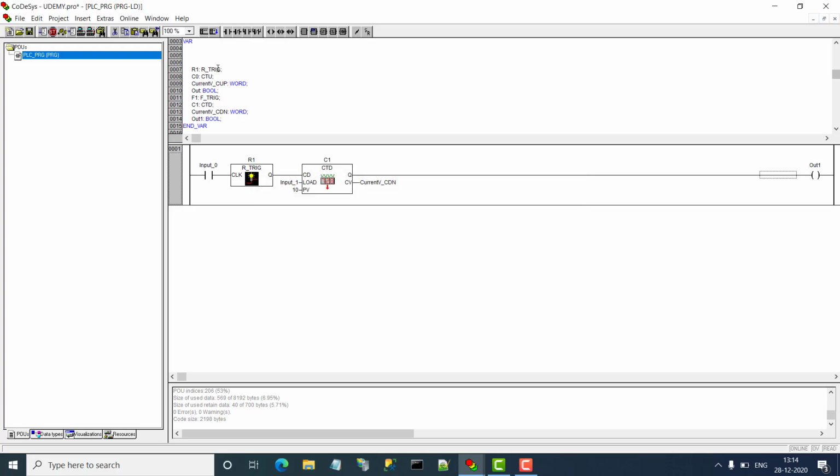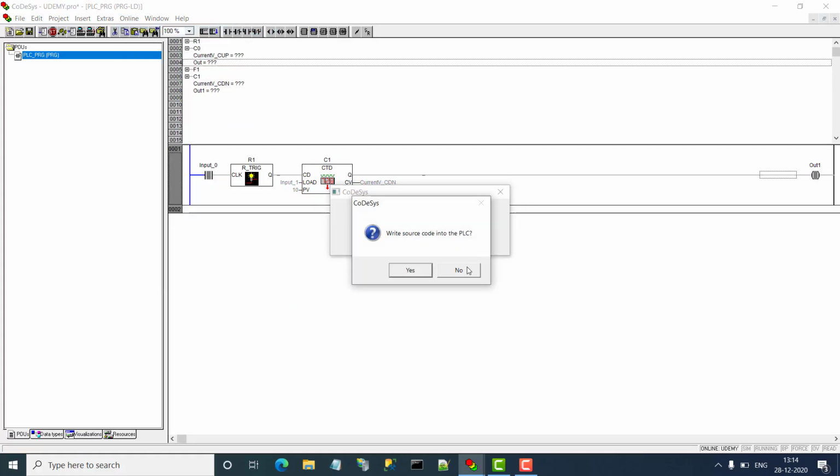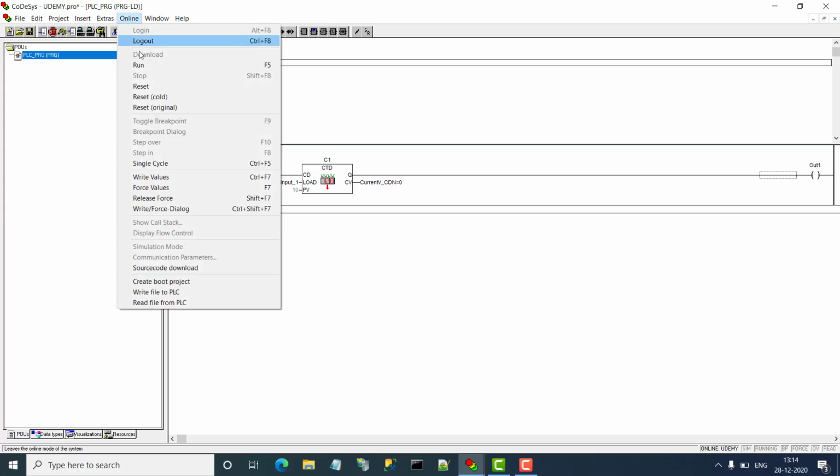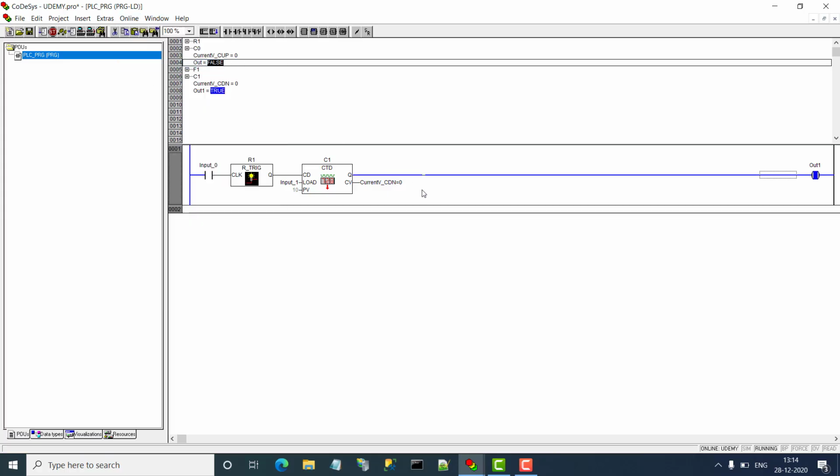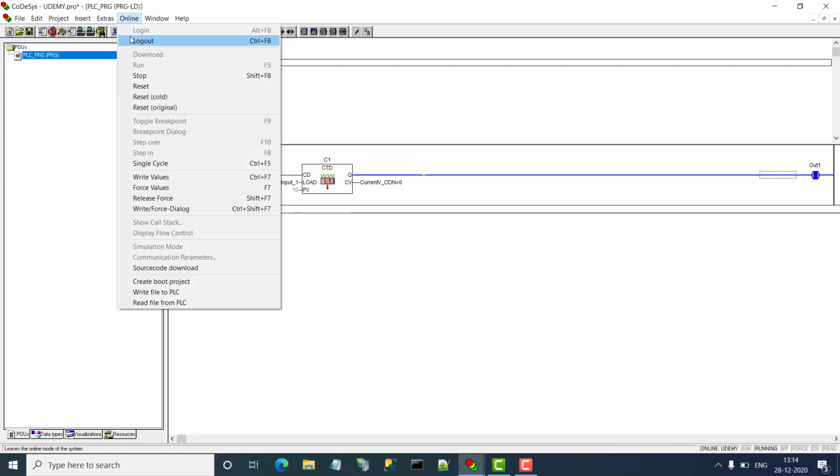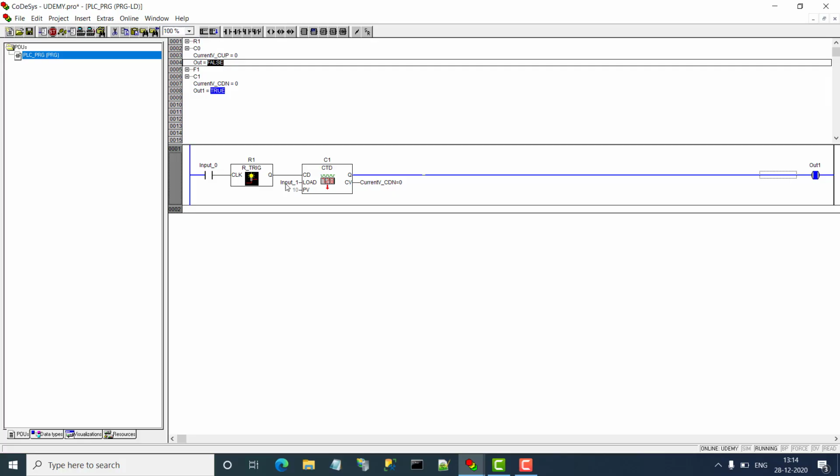Okay, so let's load it. Let's run. Okay, now you can see my output is on. Now I will press input 1. If I press input 1, my counter is preset with value CDN 10. You can see here my counter is preset with CDN 10, current value CDN 10, because I have pressed